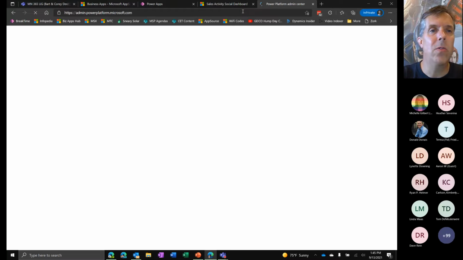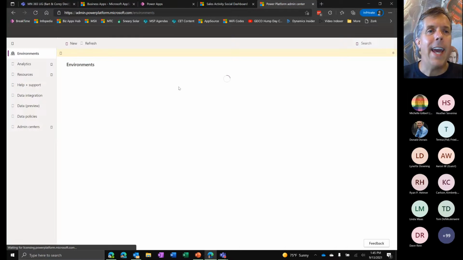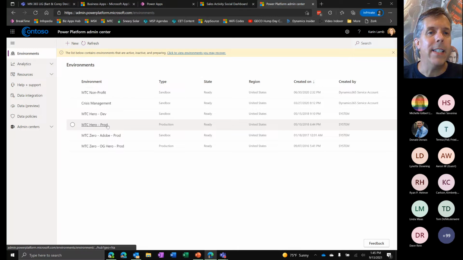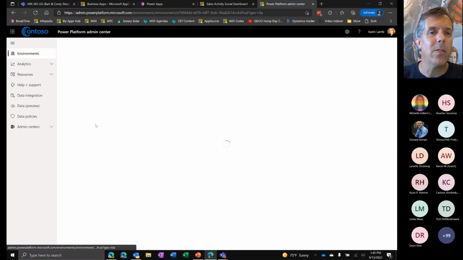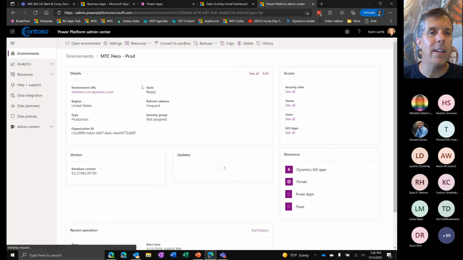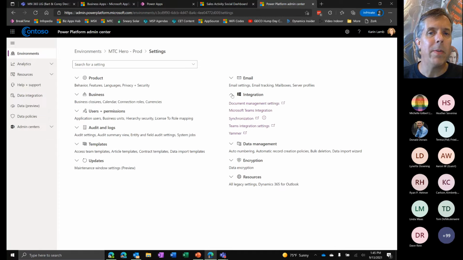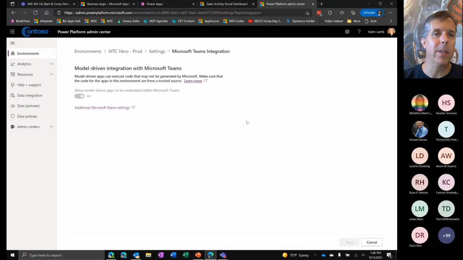Someone needs to go into the Power Platform Admin Center, and this is something you can do in about 8 different ways. But if you're in the Admin Center, I am working in this MTC Hero Prod environment, so I'll click into that to make administrative settings come to life. If I click on settings, one of the things that shows up is integration. And if I click on the Teams integration capability, somebody needs to tick this box to on to say that